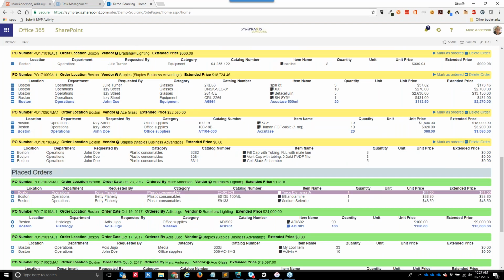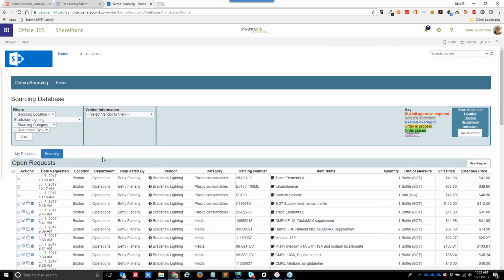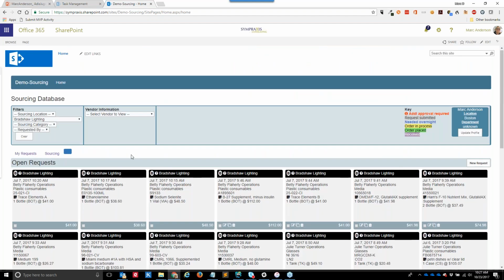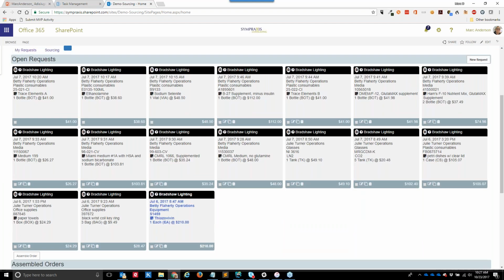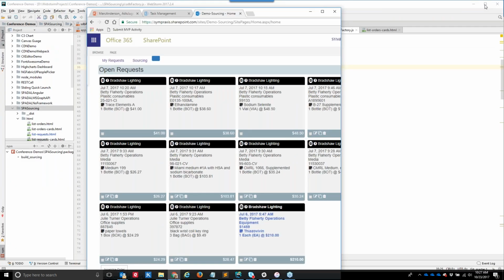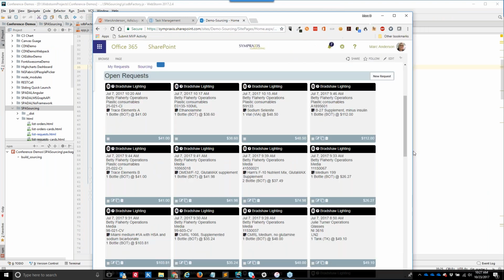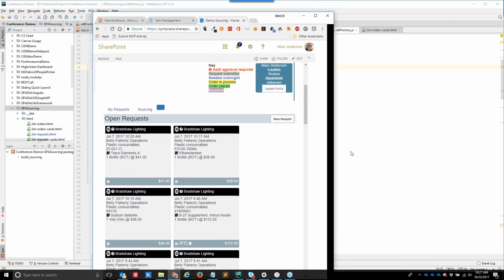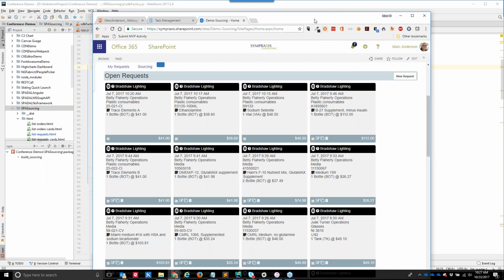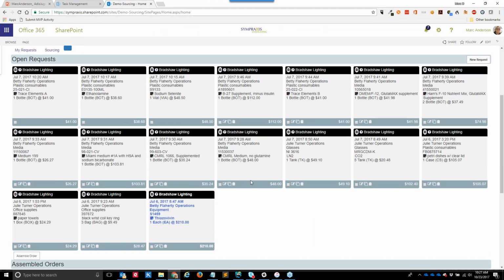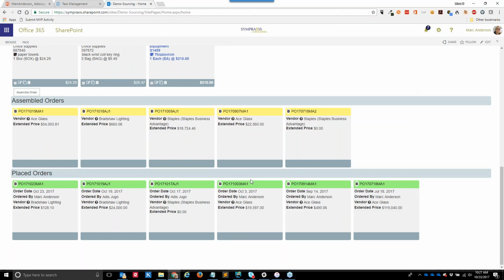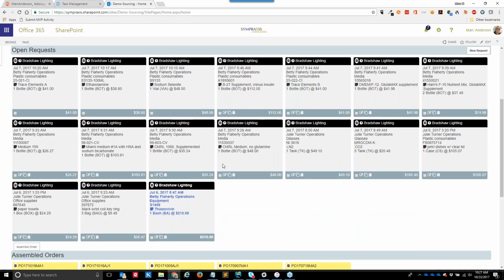You'll notice that as the volume has gotten a little bit larger, it's gotten a little ugly. We've actually switched UIs to go to a more card-based look, and the benefit of that is we get, not fully responsive, because SharePoint is not fully responsive, but a more responsive view of the stuff that's going on, and we can act on things a little bit more easily. So that's the basic idea.